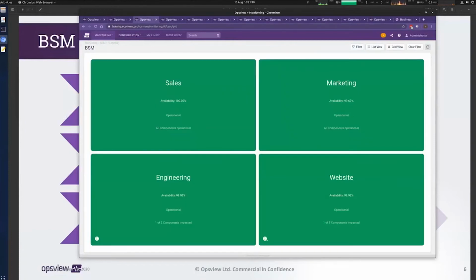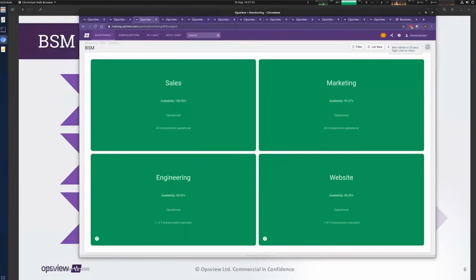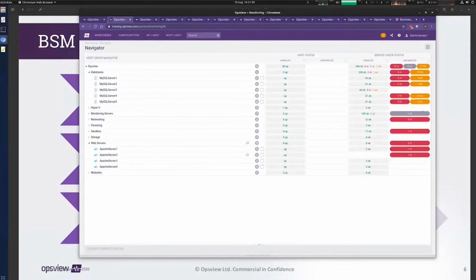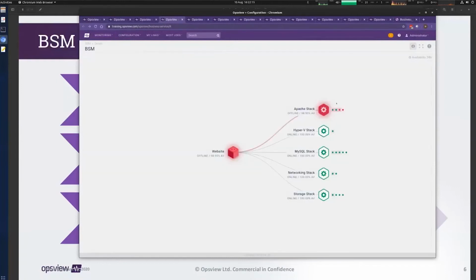Is everything still working, or is something impacted? And it's the exact same data. If I was to cause an issue and our website was to go offline again, the only thing that changes on here is another critical appears right here, but the view doesn't really change a huge amount. But that one extra system going down means that, again, our website is offline, and we can see at a glance in both views exactly what impact that system going offline has,